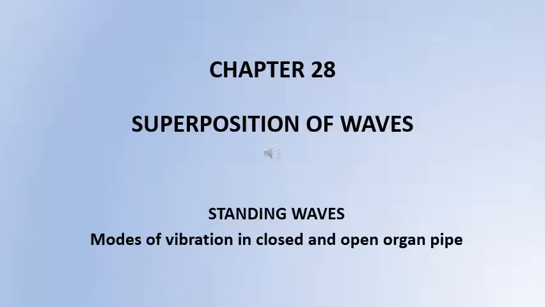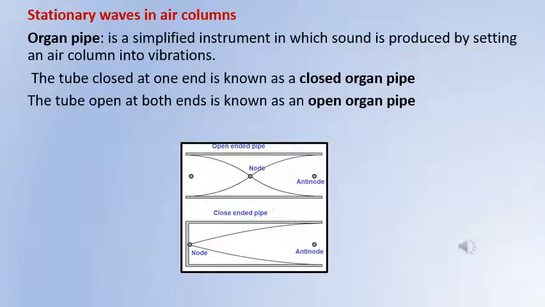Welcome everyone. Let's continue with chapter 28, superposition of waves, standing waves, and we'll be studying the modes of vibration in a closed and an open organ pipe. There are certain musical instruments like flute, whistle, clarinet, in which sound is produced by setting an air column into vibrations. The simplest vibrations of air column occur in cylindrical tubes of uniform length, and these are known as organ